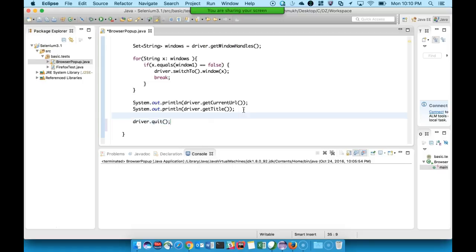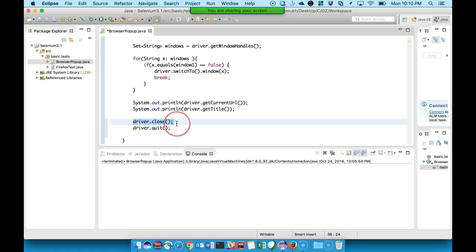Now there is another method also, dot close, and this method was valid till Selenium 2.0, but in the new Selenium 3.0 you can see this method, but it will not work. They have deprecated this method, it will not work.